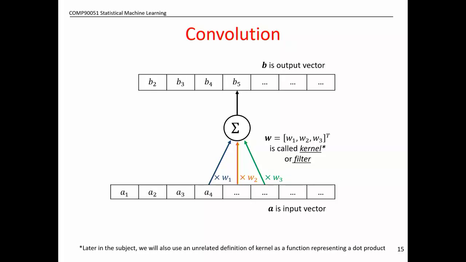And part of the reason they're appearing here is that convolutions are really useful in image analysis. So long before people were using neural networks for image analysis, and certainly before neural networks came back in fashion, people were doing convolutions of images with little vectors, and they wouldn't call them weights, because weights is a neural network idea. They were calling them kernels or filters. Okay, so you might see that language used, but it just means a weight vector.